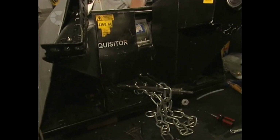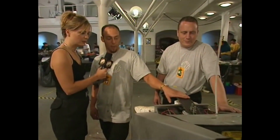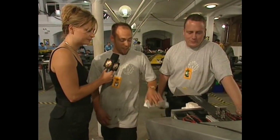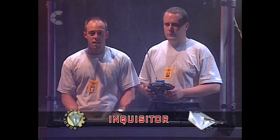But we got no rear weapon at all, and the chassis is completely twisted, but we've still got our chainsaw, and we've still got front and back motion, and we've still got our spikes, so we can run. Both have problems. The final, Inquisitor against Behemoth. 3, 2, 1,